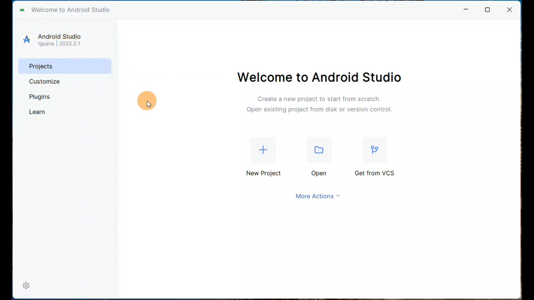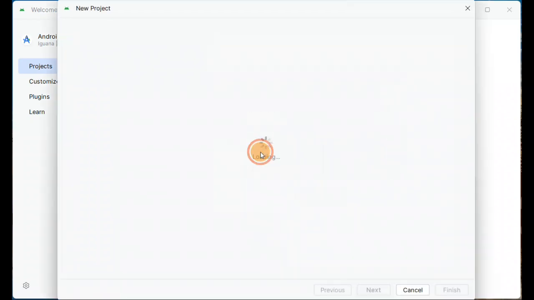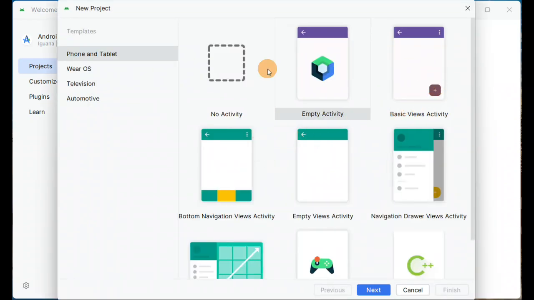This is the latest version of Android Studio installed, and this is how it's going to look if you have installed the latest version. Otherwise it might look different. So the very first thing you're going to do is click on New Project, and then here you have